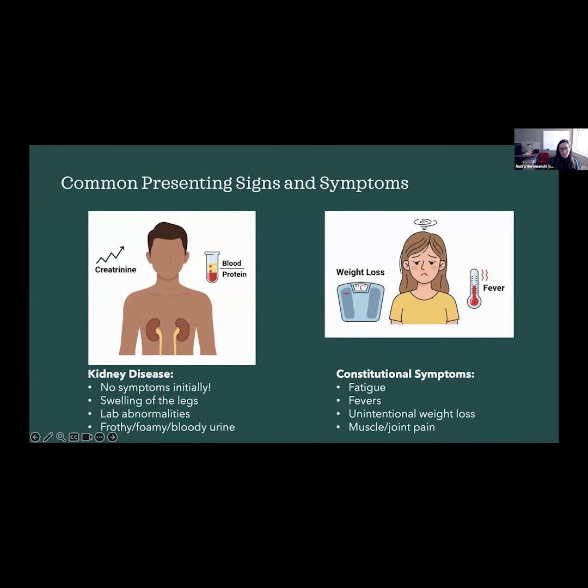to the naked eye. And then a large percentage of patients will have what we call constitutional symptoms, which are somewhat non-specific as they can present with a lot of different diseases. So things like fevers, fatigue, unintentional weight loss, and muscle and joint pain that can migrate throughout the body or come and go. Unfortunately, these symptoms are really non-specific in that they can be present in a lot of things. If you have an infection or pneumonia or a cold, a lot of other conditions can also present like this. And so it can also lead to some delay in the diagnosis.